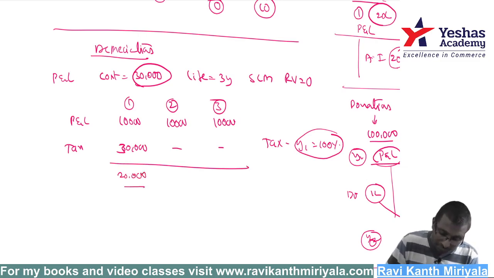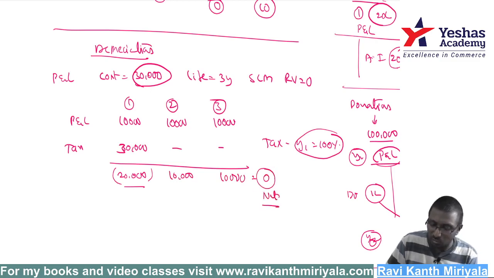But a difference of 20,000 rupees negative is going to be there. Now if you total the positive here, at the end of the third year, the net difference is equal to, just check, 0. Correct. Now see, at the end of the day, whether it is as per the profit and loss or as per the income tax,